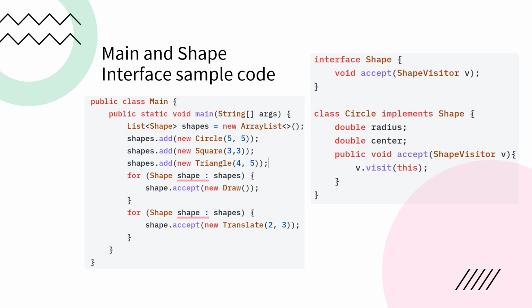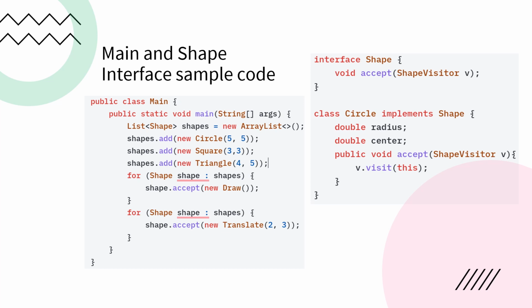In this slide, you can see a couple of nuances of the implementation. When we call the accept function in this implementation, we pass a new instance of the class to the visit function, because draw and translate methods are implemented as classes. As a result, we're not limited just to using a single visit function to implement all behaviors. We can have completely different, complex behaviors implemented as separate classes within the visitor design pattern. This gives additional flexibility for selecting the behavior at runtime, on top of encapsulating different behaviors and separating the variation